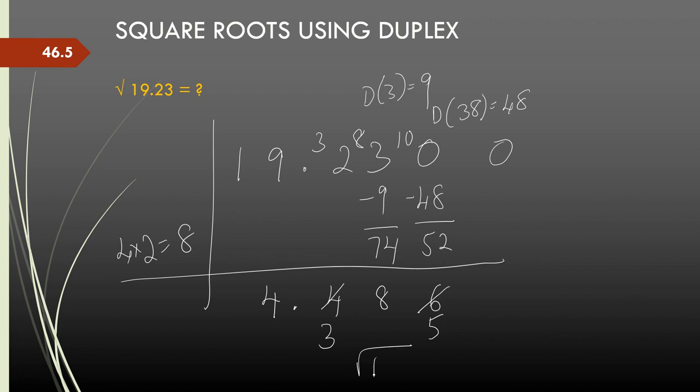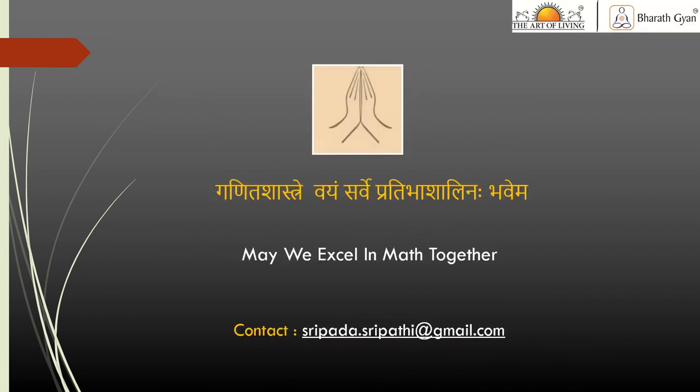So square root of 19.23 is equal to 4.385, and if I want more decimals, I can continue the process. Now with this method, we can easily calculate in a very small amount of space the square root of any given number. I have given some problems to try in the notes. Please do try them out, and you will also find the workings on the